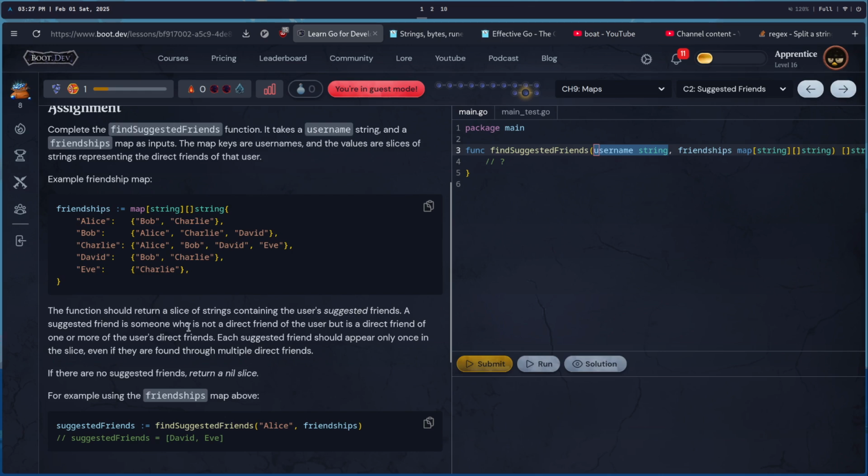A suggested friend who is not a direct friend of the user, but is a direct friend of one or more of the user's direct friends. Okay. So I'm gonna assume that you only need to look for Bob and Charlie. So if I do Bob and Charlie, I need to do